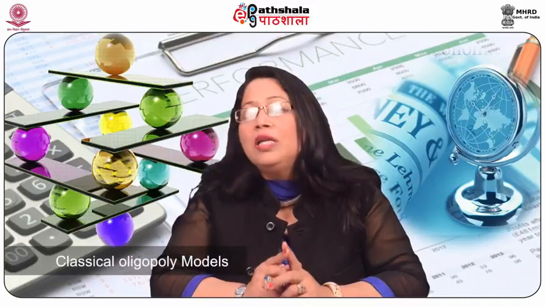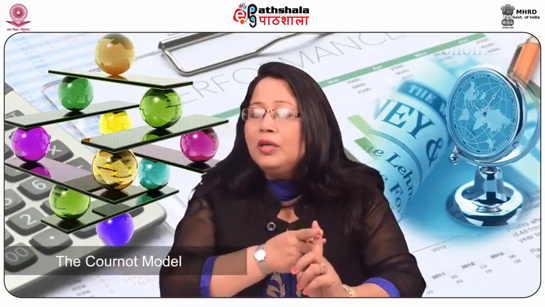Although there are a number of models of pricing under oligopoly, the common models are of two types. One is classical oligopoly models. Classical models include the Cournot model, Bertrand model, Edgeworth model,